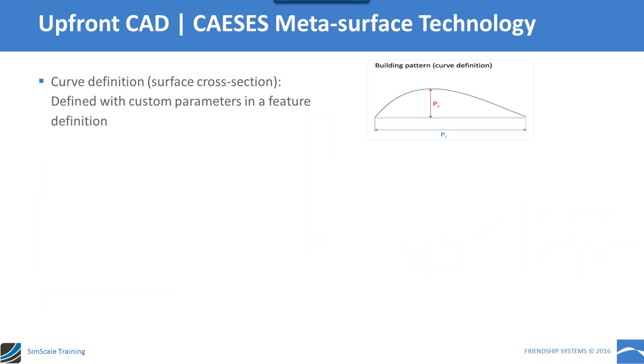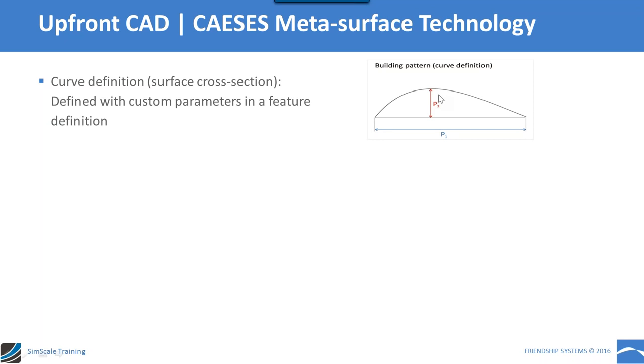I have already talked about what a parameter in the design is. A parameter in the design is a value that describes, for example, a length or a radius. So it's a value. And here, if we take this example just to show you our technique of the meta surface, let's say that this is the upper side maybe of an airfoil. So we can design this curve here with these parameters, which is the chord length, and also the P2, this red